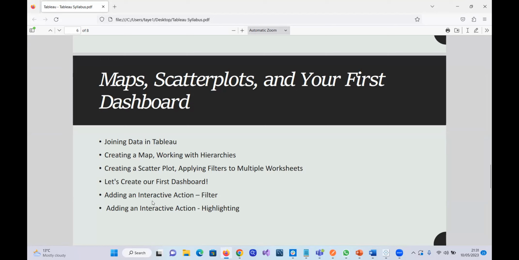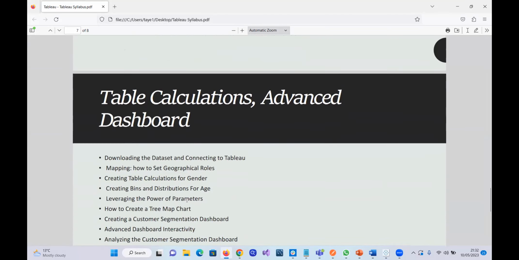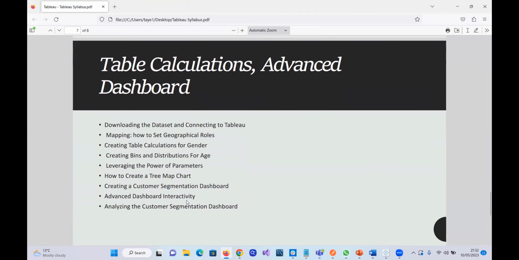Then we have adding an interactive action, that's filter and highlighting. Then we go a little bit more advanced. Then we go into collecting data sets, geographical roles, table calculation, creating bins. So we'll be doing a bit of data science, distribution,